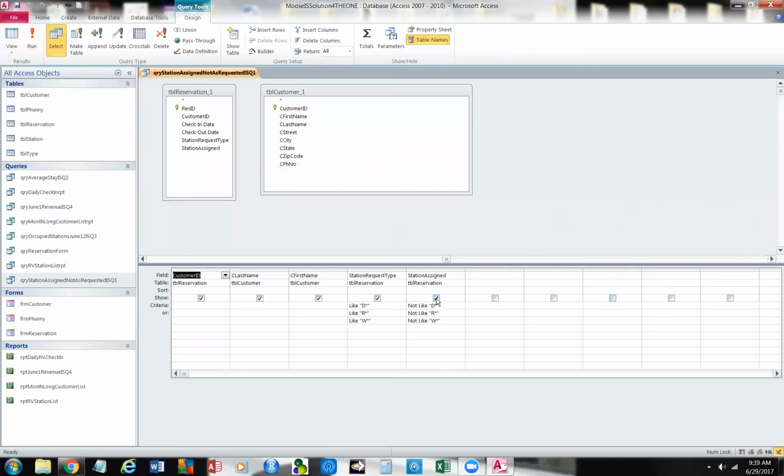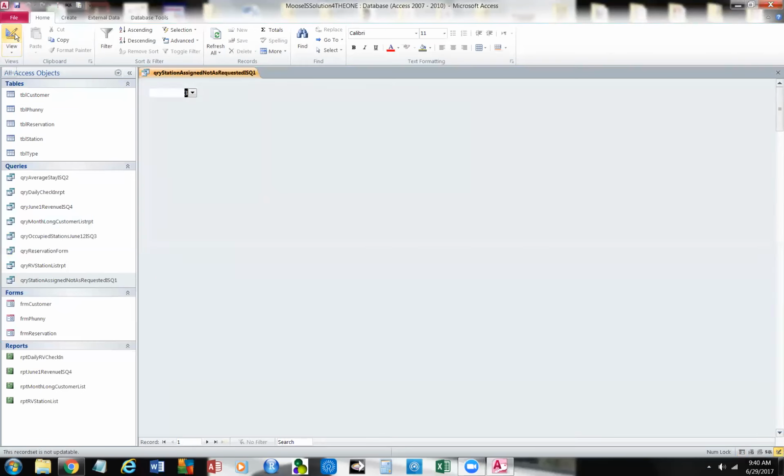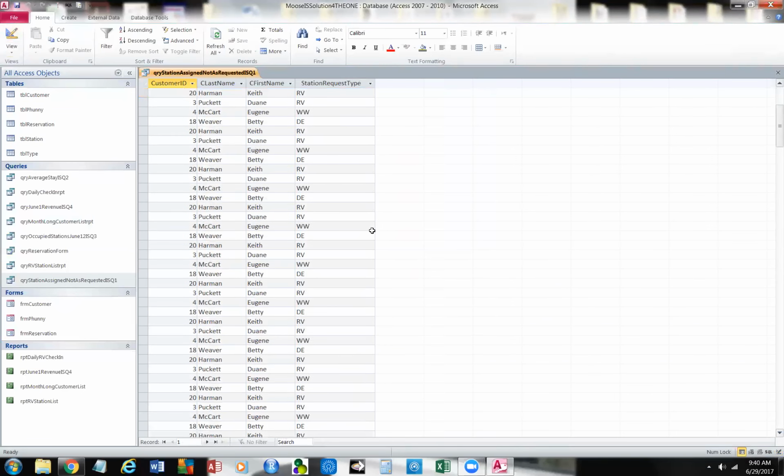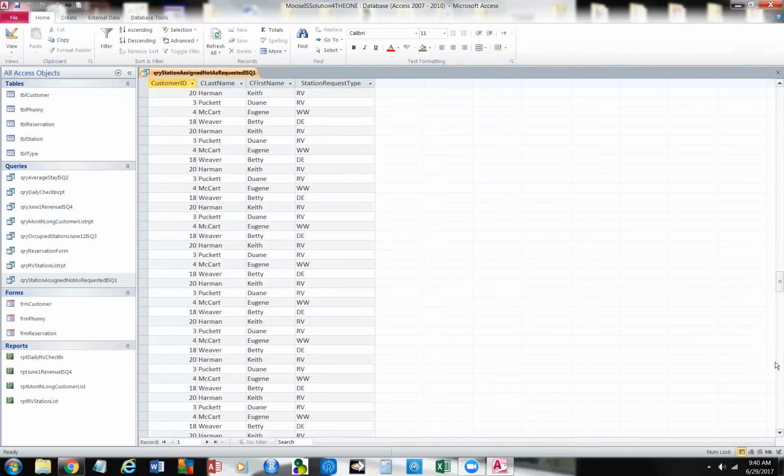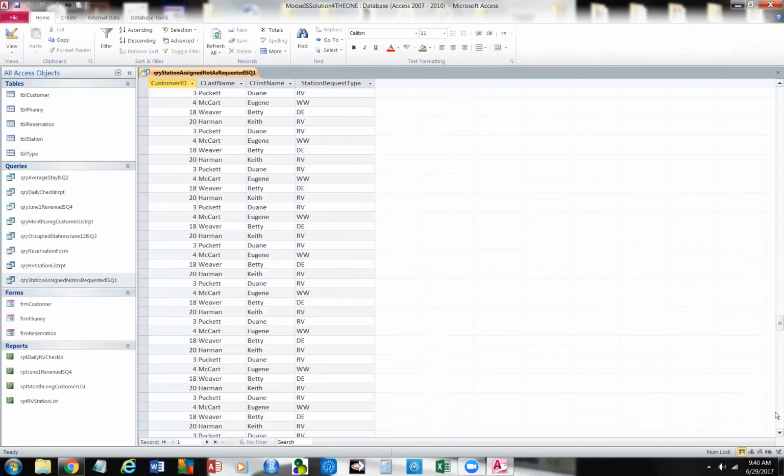And I'm gonna click this here to suppress that first set of data. And we'll go back up here and take a look. And here's the station requests. Here's the type that they wanted. Okay, and then I'll come back over here